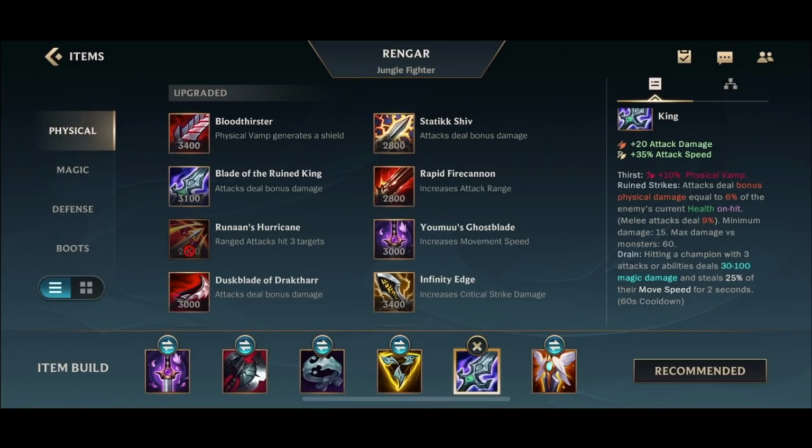Attack deals bonus physical damage equal to 6% of the enemy's current health on hit. Melee attacks deal 9%. Oh, 9% per auto attack. And when you use your combo, it's third ability, auto attack, S1, S2, auto attack, S1 again, or S3 again. And you have so much attack speed, and you can...